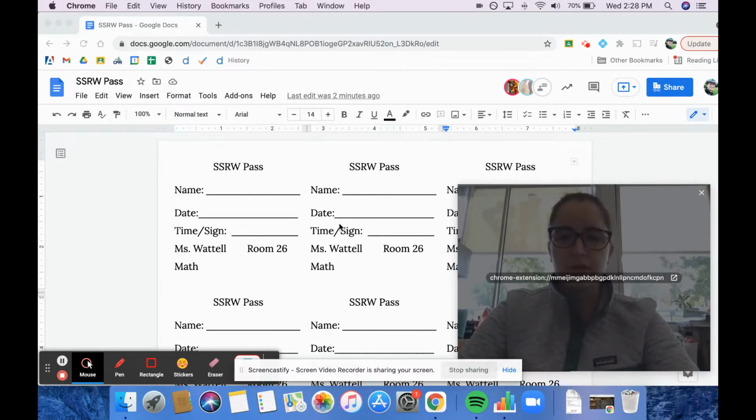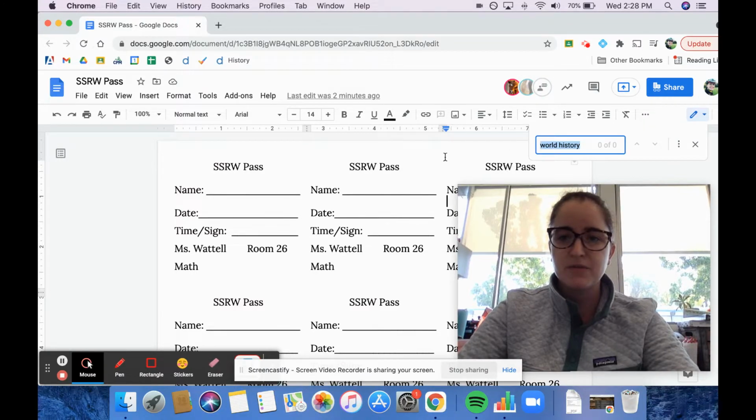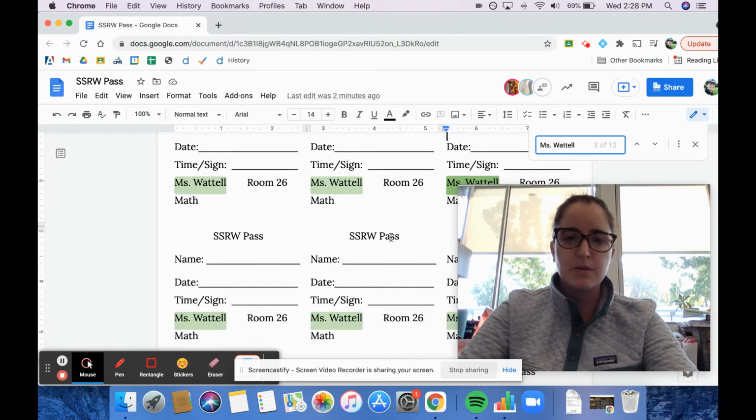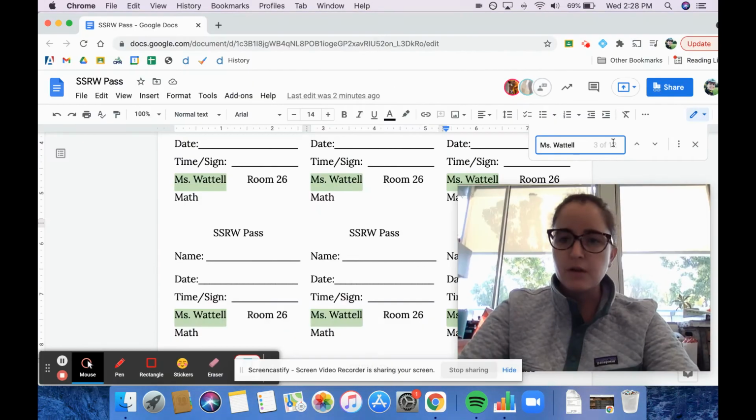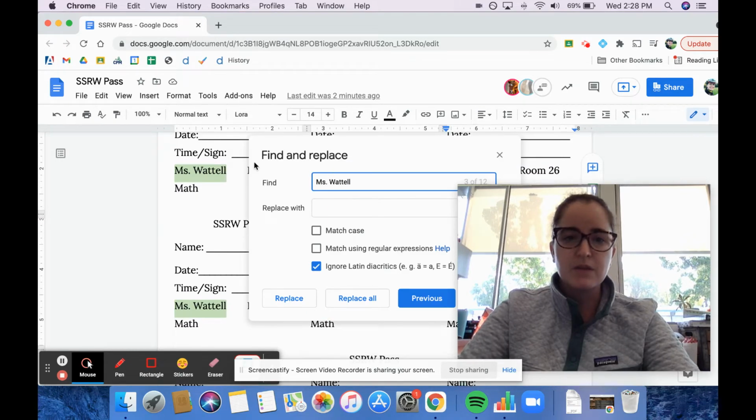So if I hold down on my keyboard Control F to find, it brings up this. I'm going to type in my last name, and actually let's include my full name, Miss Wattel. It then finds on the page where all of those items are located. So, oops, sorry there. If I click on the three dots here, what comes up is this option to